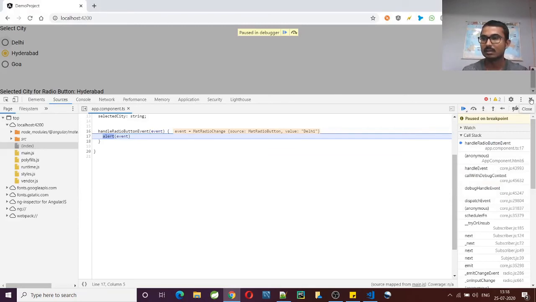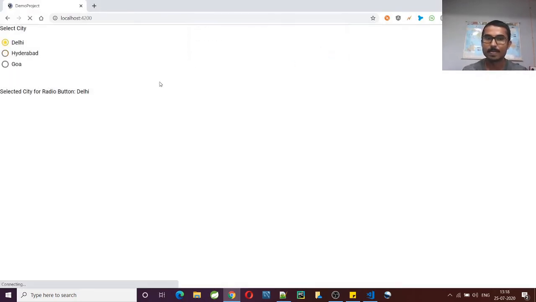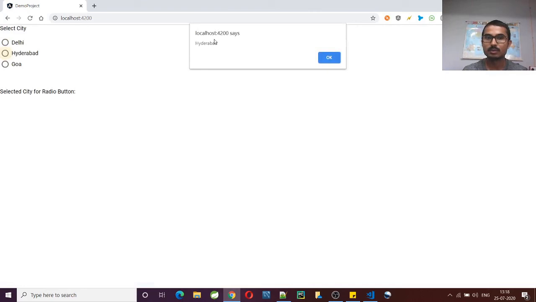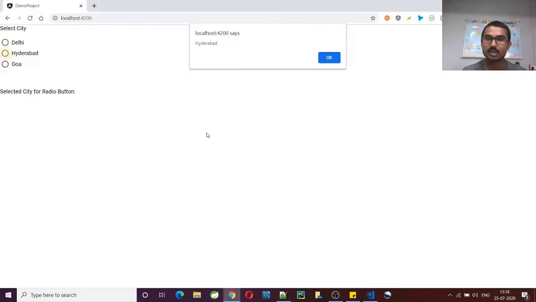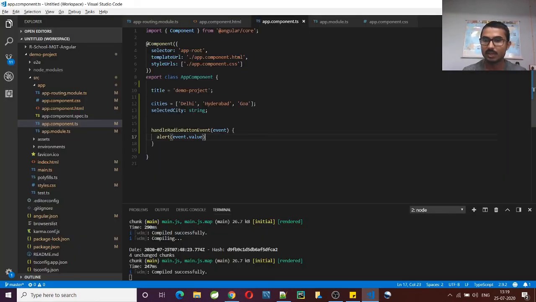Then based on the selection, let me refresh it. Whenever we select any value, it will give that value. Or if you want to handle any operation based on the change, we can handle it inside the component, whatever things we want to do on the click event for a particular value. For example, if any button is going to change here, based on the changes we want to hit one API and get the data from the backend. So here we can call that API with this value and get data from the API. Any scenario can be like this.